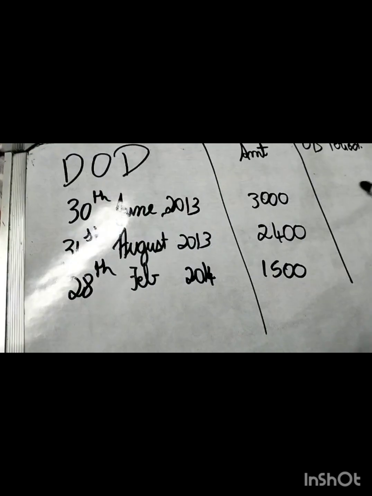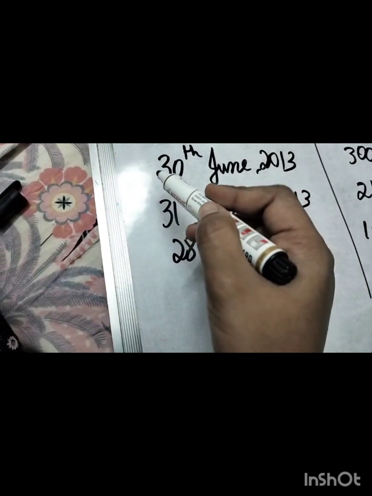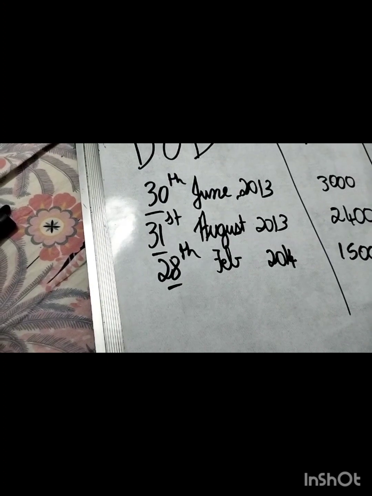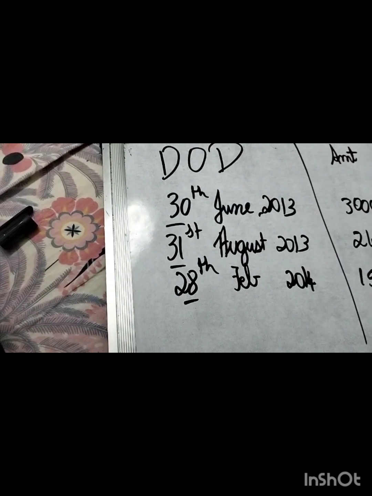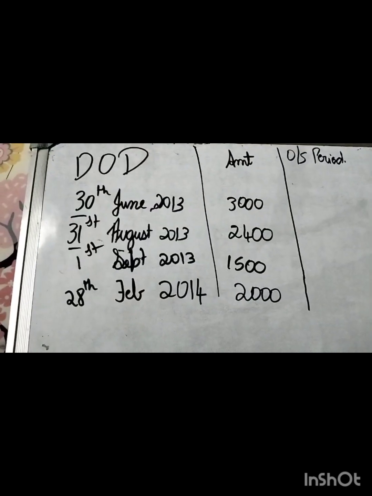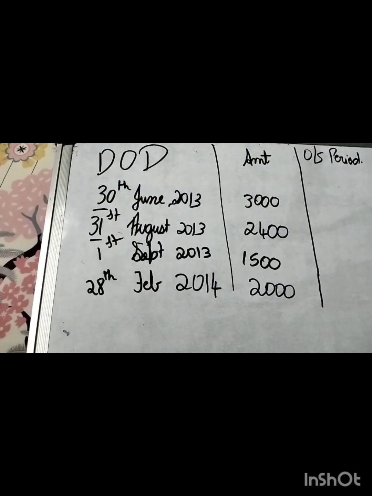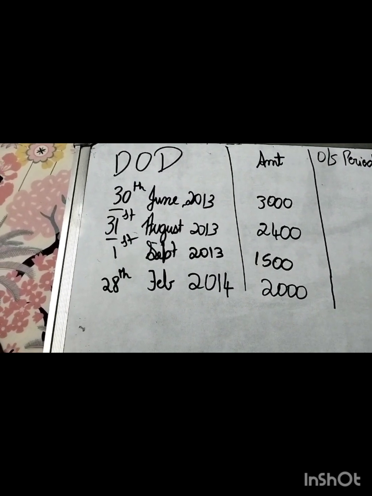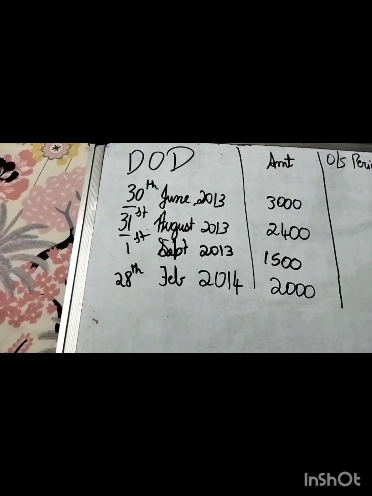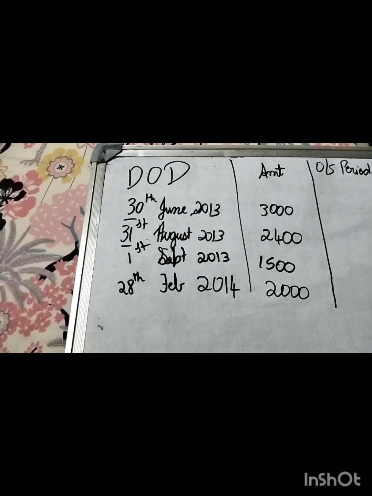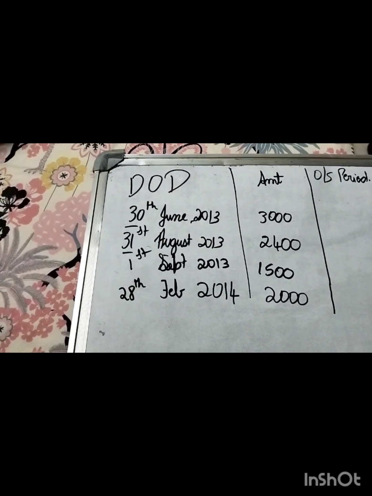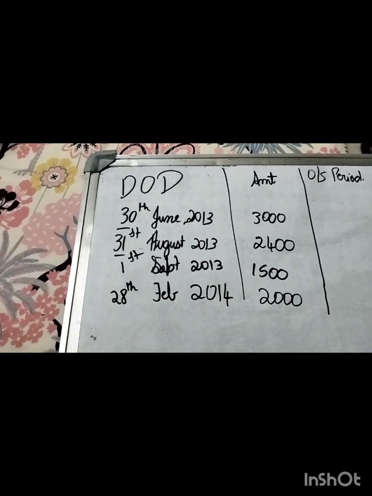Okay, so here what you need to see is these dates: 30, 31, and 28, and even the years. So financial year is always from 1st April to 31st March. Here these are the 4 dates: 30th June 2013, 31st August 2013, 1st September 2013, and 28th Feb 2014. So if it's the last date of the month, that is 30th or 31st, you do not consider